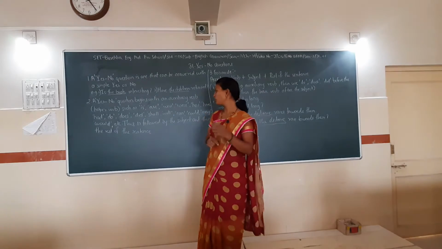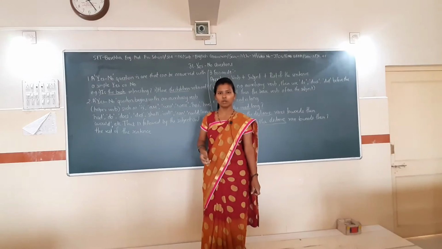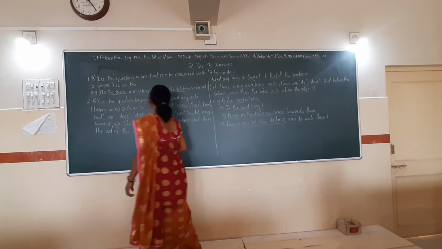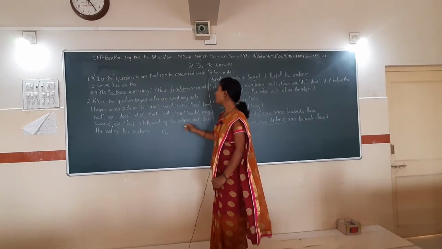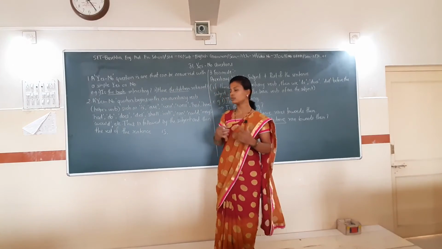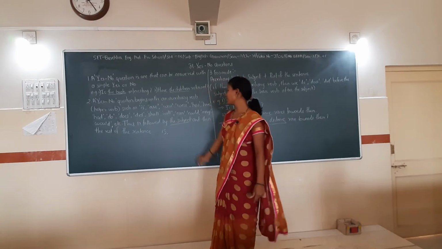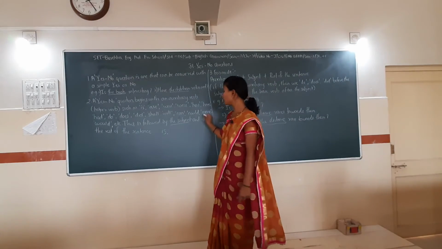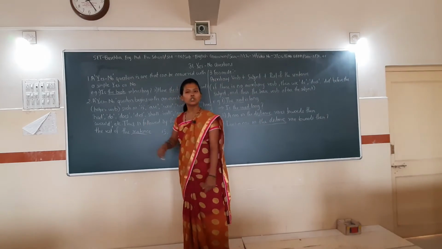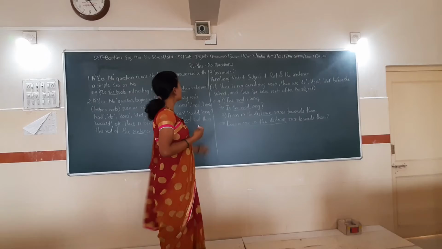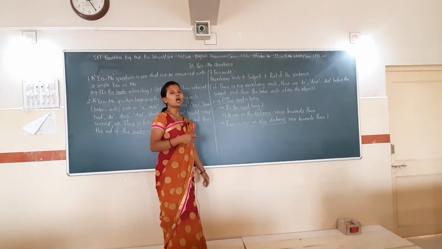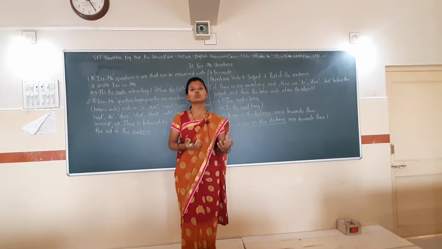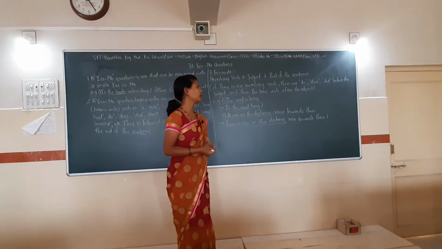So in what form will your yes or no question be? First there should be an auxiliary verb. Auxiliary verb means, as I told you, is, am. After that you should have the subject, and after that there is the rest of the sentence. What is the rest of the sentence in your example? Now see what the formula is. How can you form the yes no question? What is the formula for that?